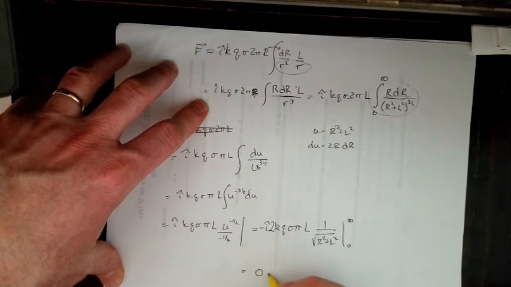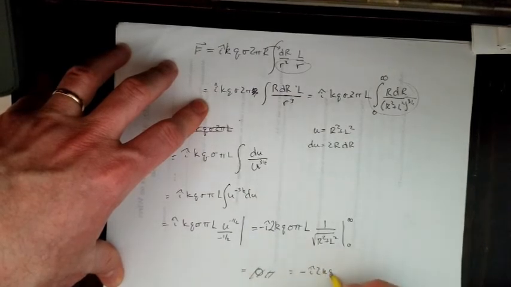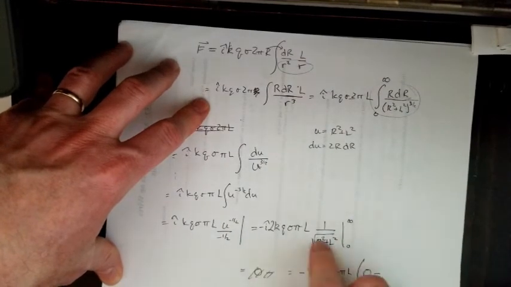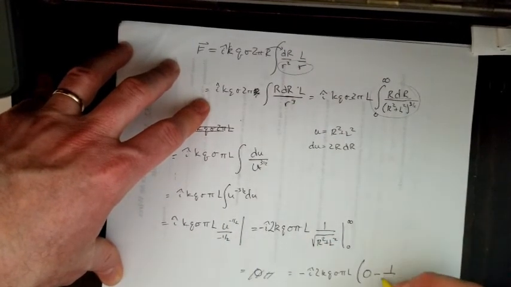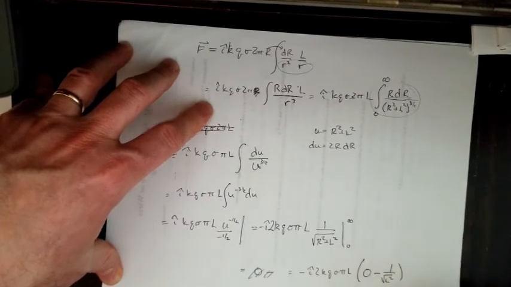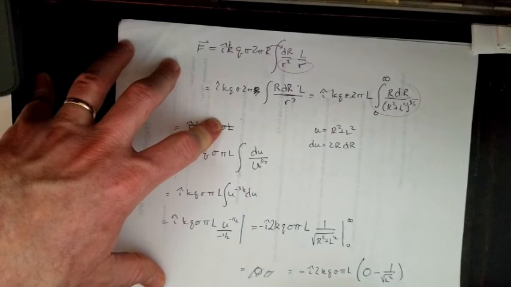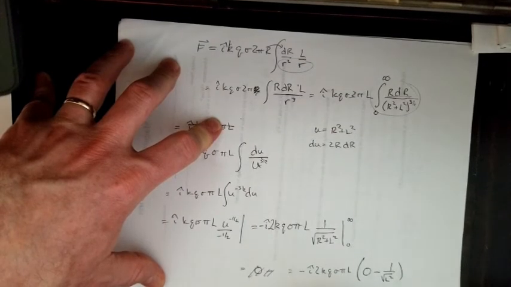So that's 0 minus, let's do it slightly differently. I get negative I hat 2KQ sigma pi L times 0 minus, I plug a 0 in here, I get 1 over the square root of L squared. The negatives will cancel out. I get an L here. That's going to cancel out. And so I'm left with 2KQ